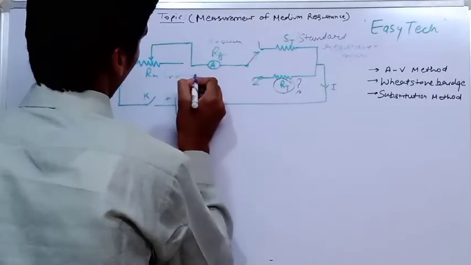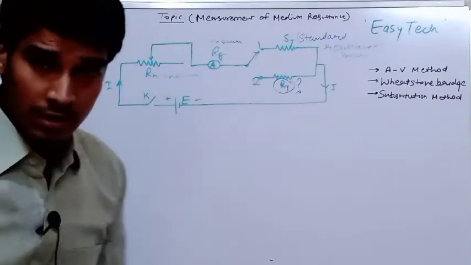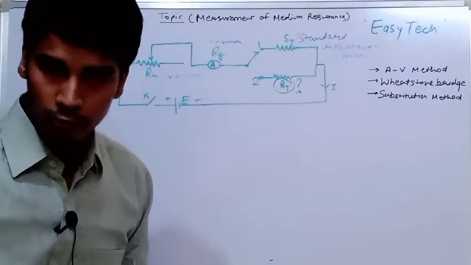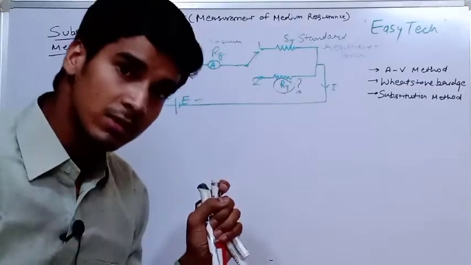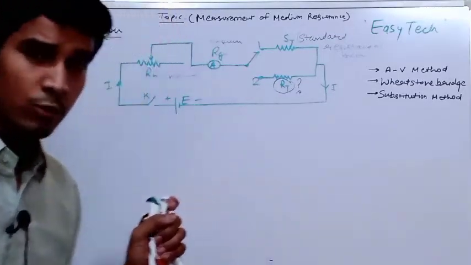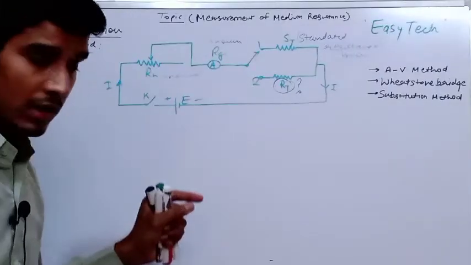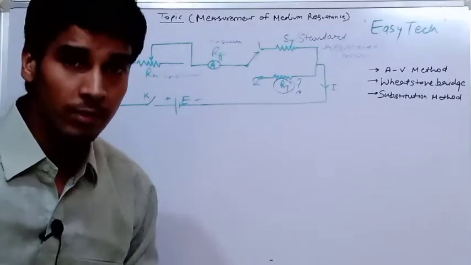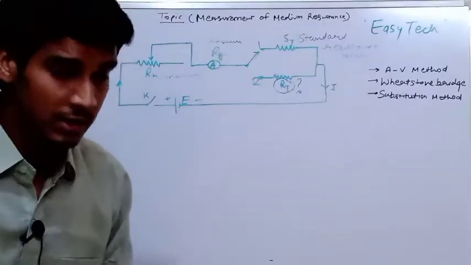Now you all know in a parallel circuit voltage remains constant, and in a series circuit current remains constant. Whenever the resistances are connected in parallel, the voltage across each resistance is always the same. That is why we use the parallel supply in our household supply. Whenever the resistances are connected in series, the voltage drop across each resistance will be different, but the current flowing through the resistances will always be the same. Now this is the parallel concept.